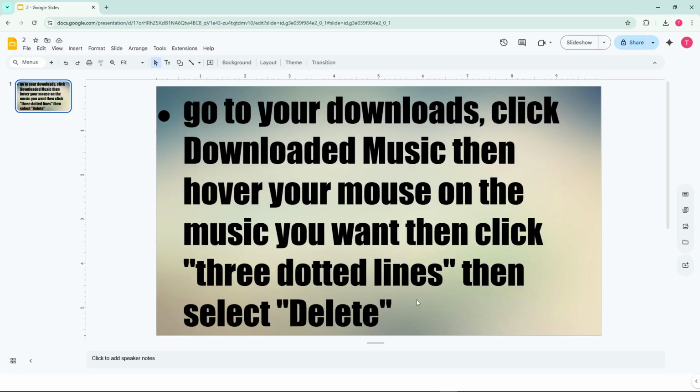Once you're viewing your downloaded music, hover your mouse over the track you want to remove. You'll notice three dotted lines appear next to the song. Click on those three dots and a small menu will pop up. From that menu, select Delete. This action immediately removes the song from your device and frees up disk space. You can repeat this process for as many tracks as you'd like to remove, giving you full control over what